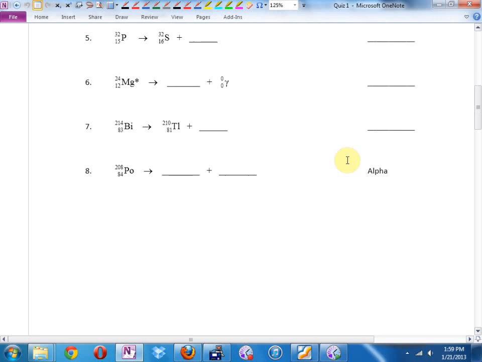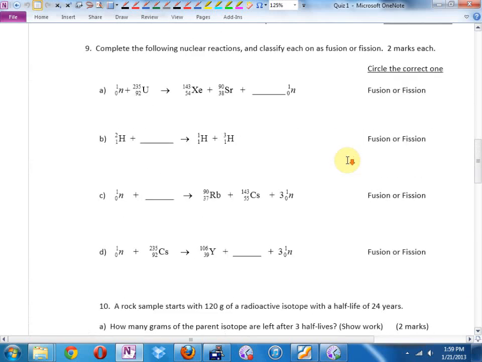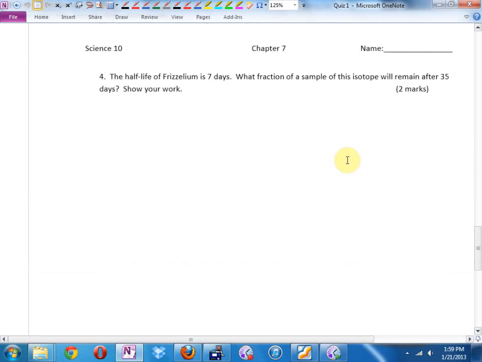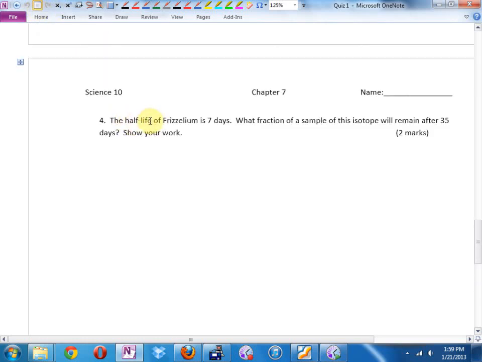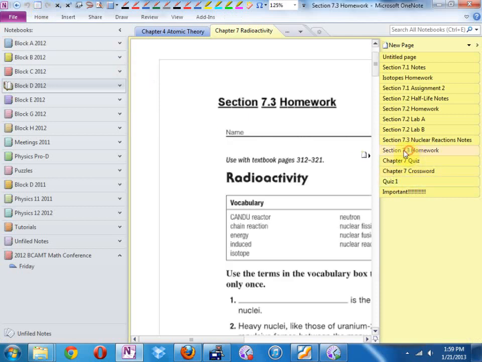This is going to be due first thing on Wednesday. So first thing on Wednesday, we're going to go through this in detail. It's got some nasty questions on here. Make sure you notice that there is a question on the very, very back page as well. If you finish that,